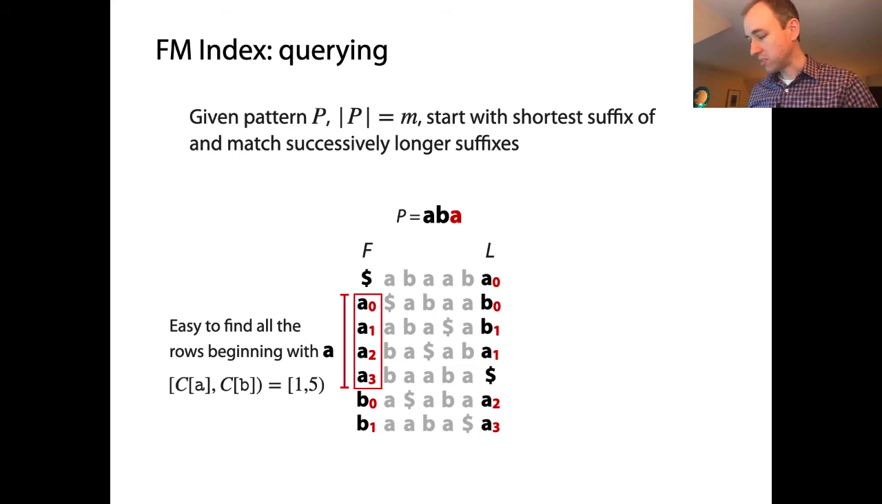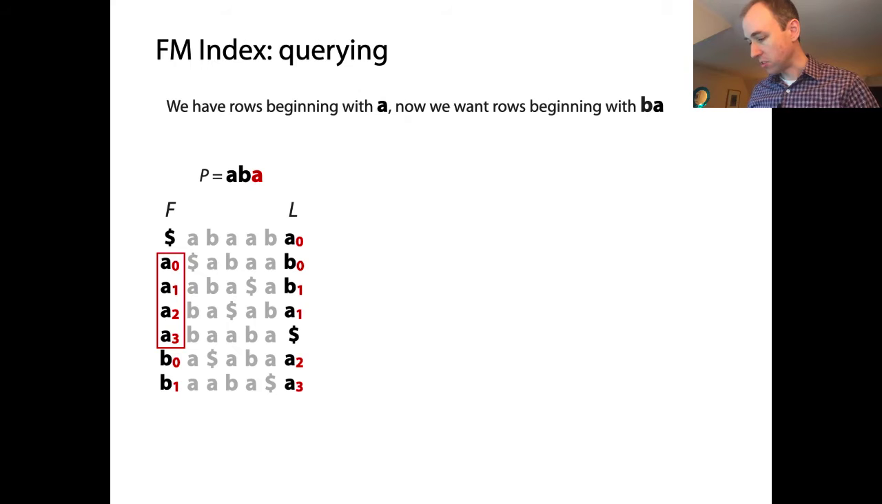So here's our progress so far, right? This is the range of rows that start with A. And we said we could describe that range of rows like 1, 5, right? Now we want to find the range of rows that start with BA. Okay? The next suffix longer. So how do we do that? Well,